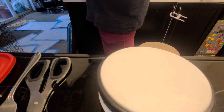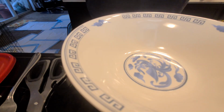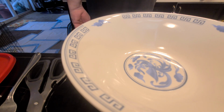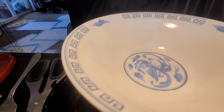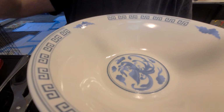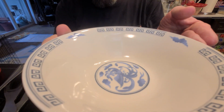Did I use that one? I don't know. I want to use that one. No, not that one. Not that one. That one. There you go. That's actually one of the oldest bowls I have. I got it at a Daiso. That was $1. I've got another one in here that was $1. I think I have 3 in all that came from Daiso a long time ago. And nowadays, the stuff they have at Daiso, I'm just not as particularly fond of it, which bums me out. But